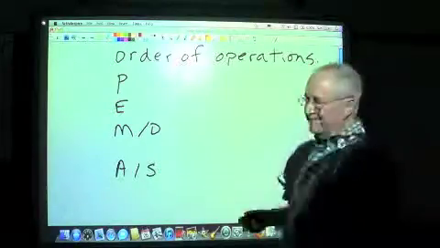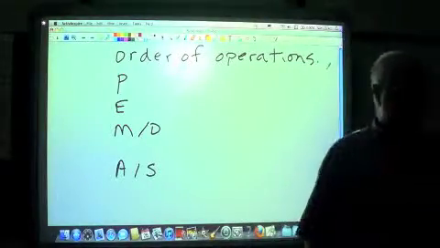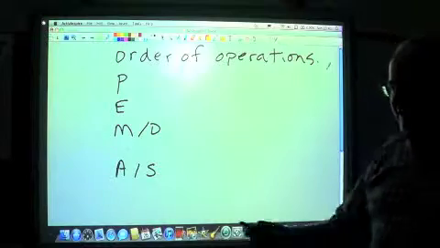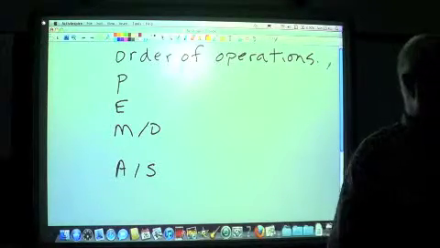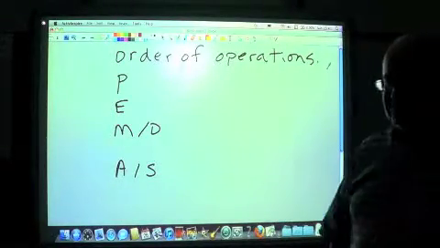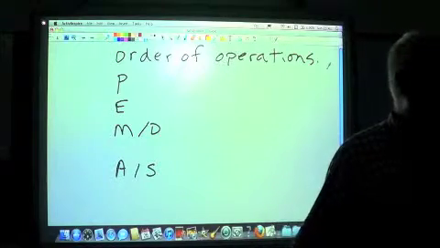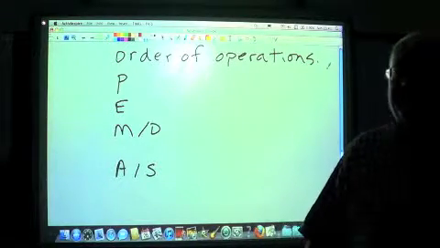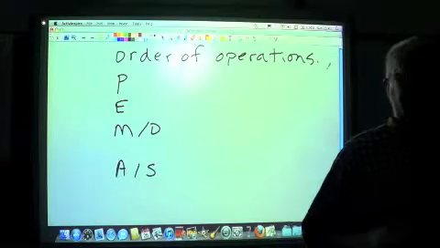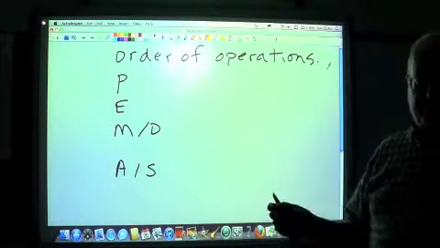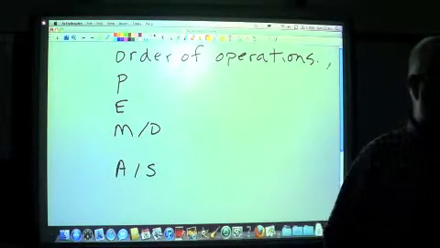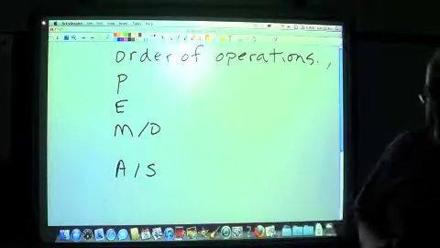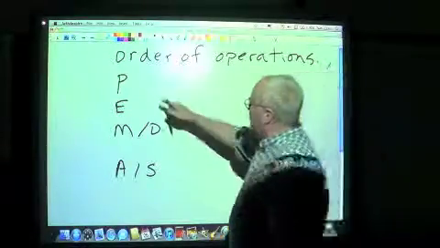I use this piece. If you use something else, if you want to go find a different way of doing this out on the internet, please do. But find a way to remember the order of operations some way, somehow. Some acronym, just whatever you need. This is one way. Go find another one if this one doesn't work for you, okay? Order of operations. This stands for